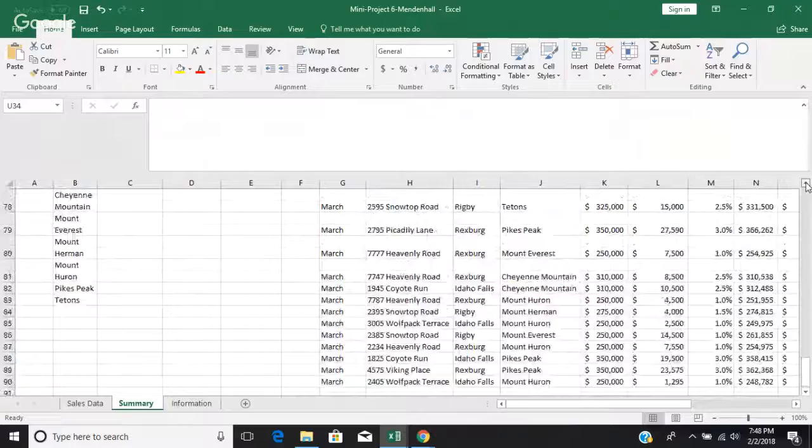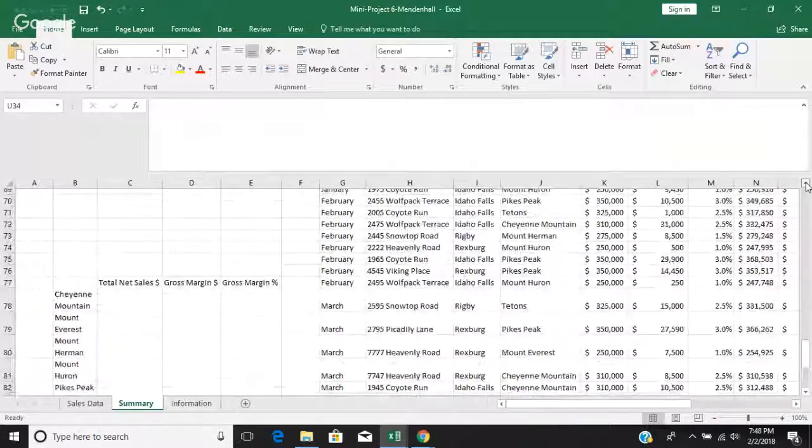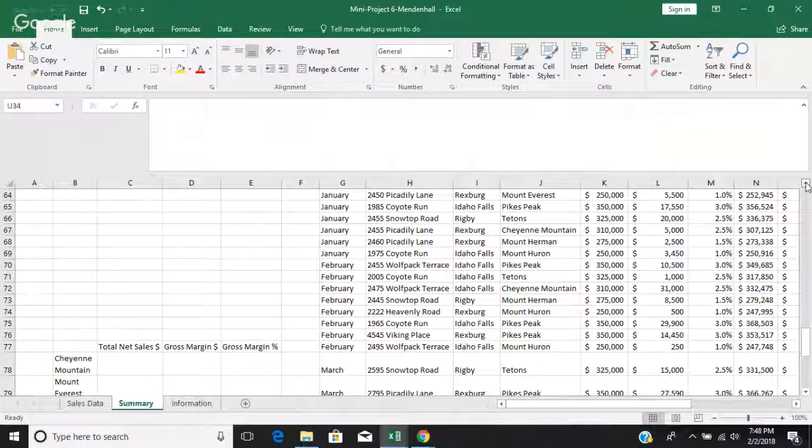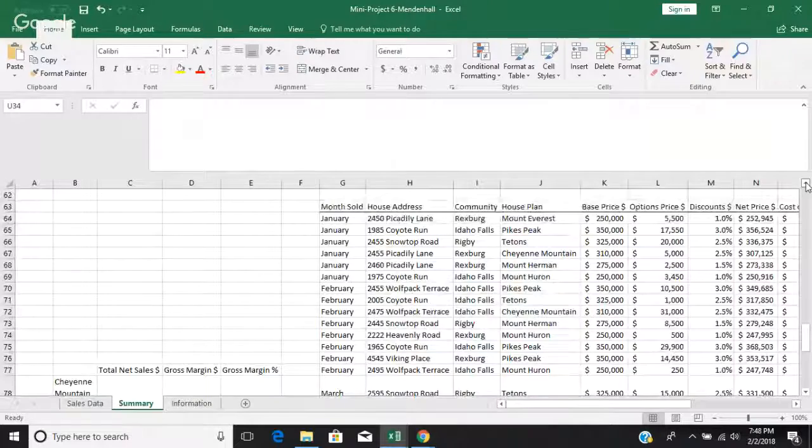I think you can do a VLOOKUP though. I'm just not as good with the VLOOKUP. Total net sales. Can you do a VLOOKUP and have it add everything together? I don't think so. I think we might as well just do the if, right? Yeah, I think the if, because the VLOOKUP, I don't think it would